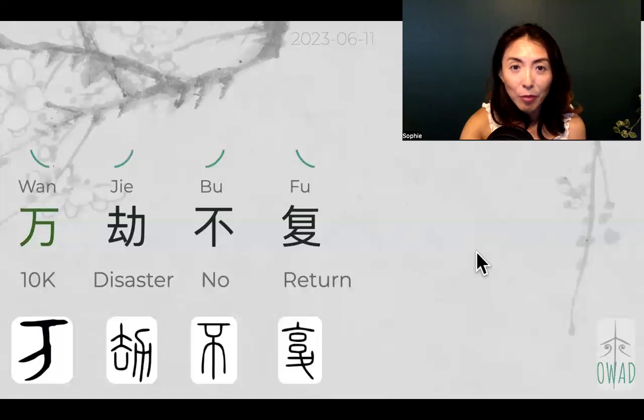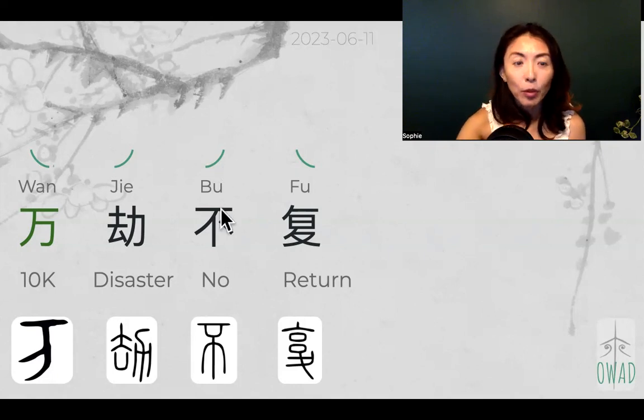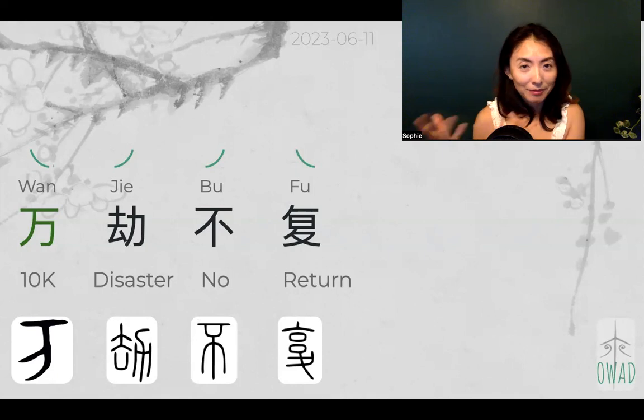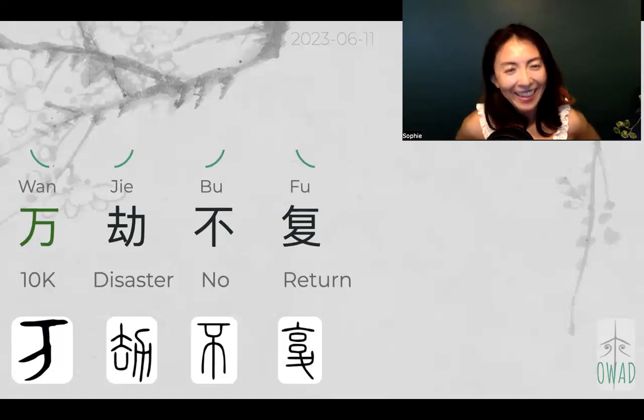And today we have 万 again in 万劫不复. And actually 万劫不复 can be regarded as an earlier translation, because 劫 is a Buddhism concept. It was originally a Chinese concept, but because Buddhism came from India, when it came to China, the language had to adapt or adopt the meaning from Buddhism to Chinese culture. So this, I will explain in detail.